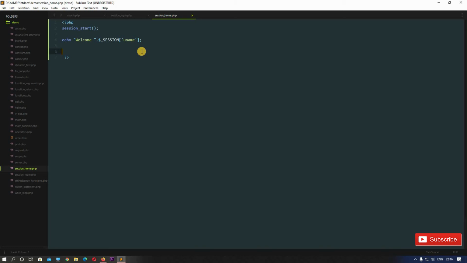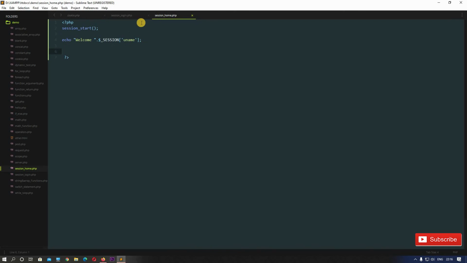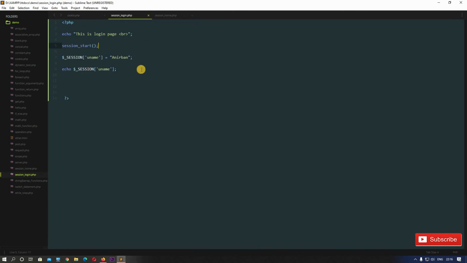So now we can use this session variable value anywhere we want, if we just put in the session_start function at the very top. And we will not manually go and put the session_start in every page. Okay, we can do one thing. We will create a separate header for our website, and in the header we will write this function session_start, and we will include that header in every page we want that header to be. So that we will see in the later lectures.